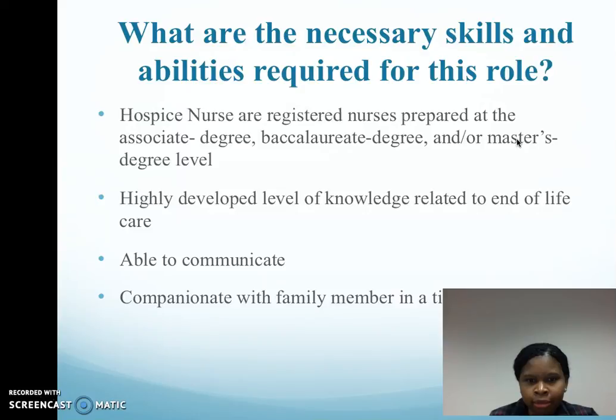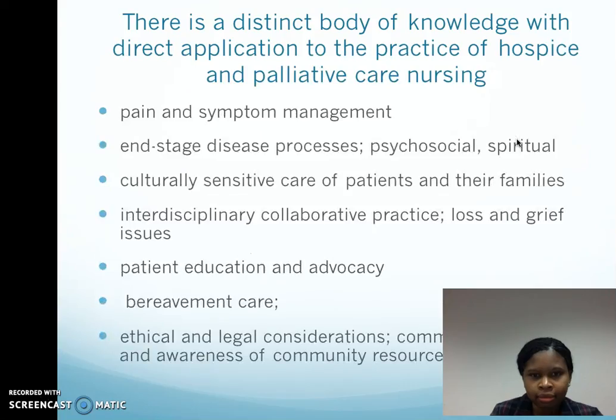It requires a lot of compassion toward the patient and the family members in a time of crisis. There is a distinctive body of knowledge with direct application to the practice of hospice and palliative care. They need to know how to assess pain and symptom management, because sometimes the patient might have pain medication scheduled every 4 hours, and they come to the state where they're actively dying and having difficulty breathing. So you have to assess them and call the doctor to possibly change the morphine and Ativan to every 2 hours